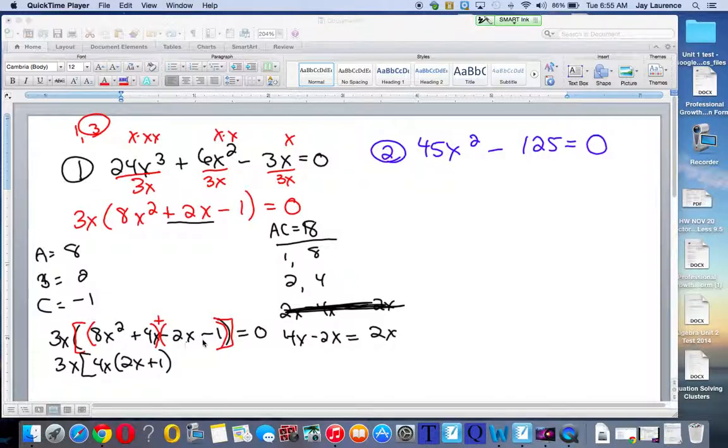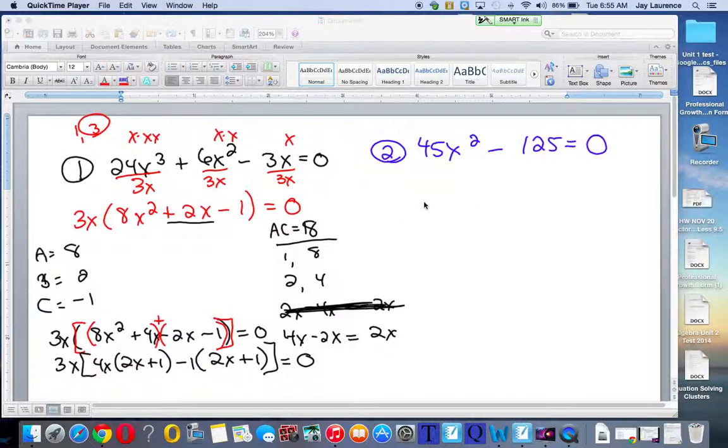Here I'm not seeing a GCF other than the fact that they're both negative. I'm going to take out a negative 1. I'll be left with a 2x plus 1, which is good because you notice I wrote down 2x plus 1 twice. Now I'm starting to run out of room, so I'm going to jump over here and then I'll just